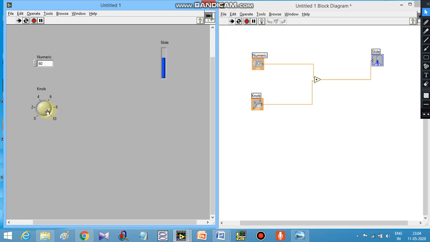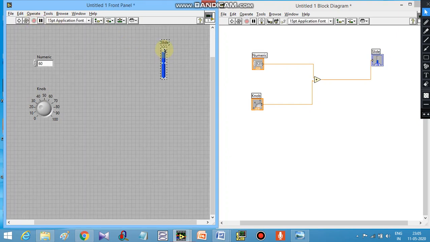But this is only up to 10. I want to make it 100, so click on this and make it 100. If I increase, this will increase quickly. And this also I can edit. Stop it and edit this.